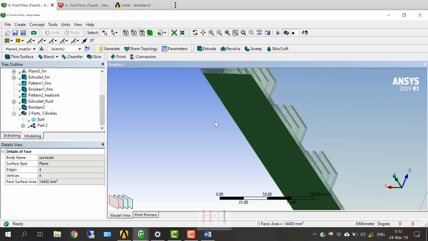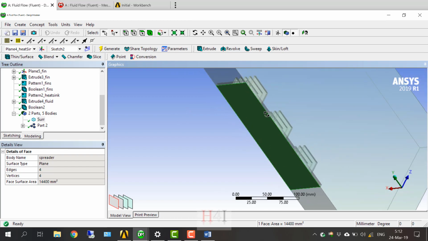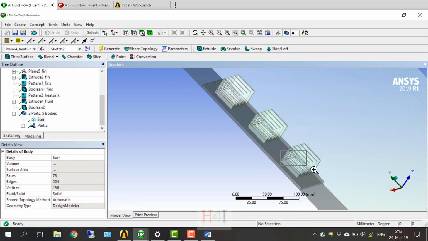This is a small step in Design Modeler. I will show you how to do it. There is something called imprinting. It's like taking a solid body and touching another body, so I form a surface of intersection. This is imprinting. I don't draw anything else. I just tell the program I want to imprint an edge on the surface that already exists. So I can use the edge of the